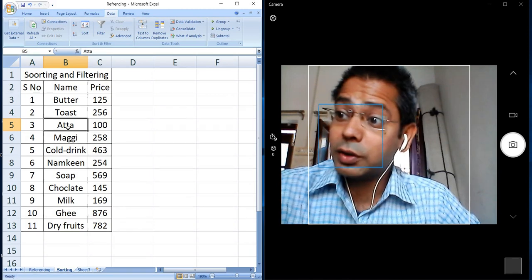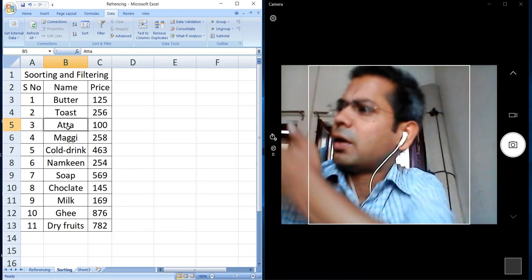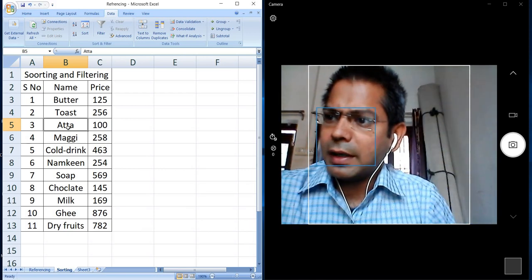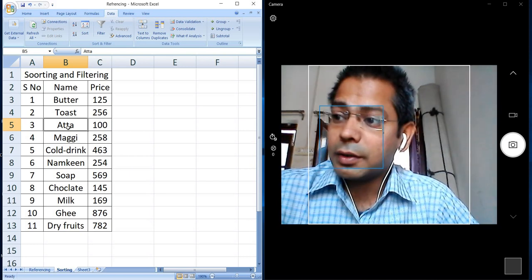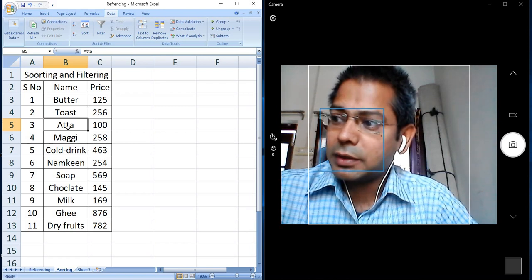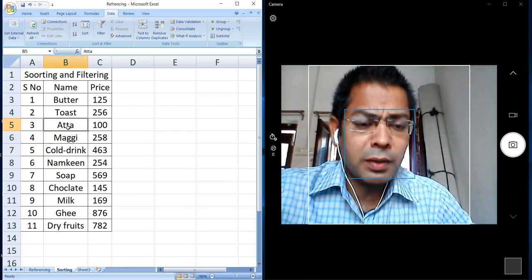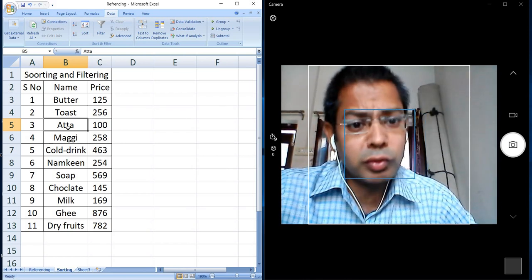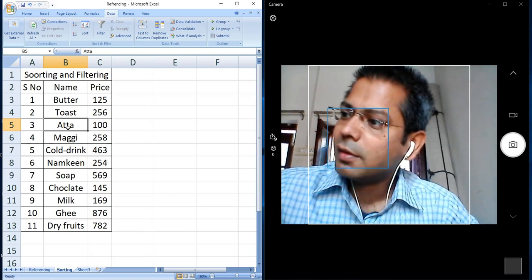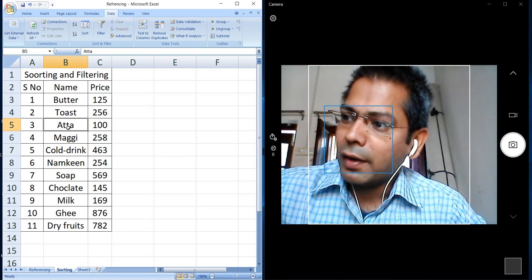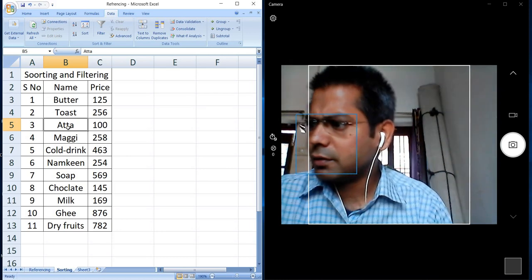Auto filter: when you use this option, the black color drop down control will appear on the right of the column heading of the list, and by using it you can filter data. Advanced filter is used when you need to filter the data based on specific criteria. That criteria I told you, like the objects more than rupees 500 or those students who got less than 5, it is called criteria, condition. Or you want to copy the filtered data to some other location, you can shift the data.